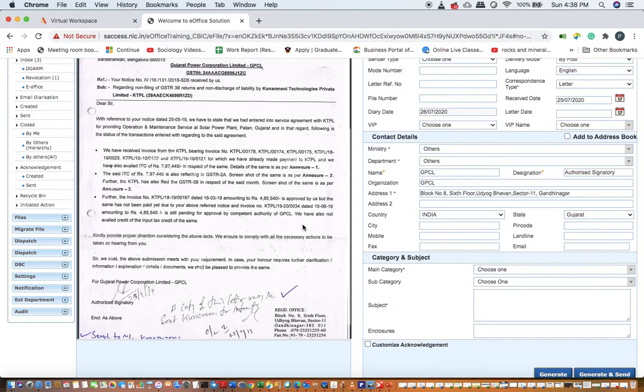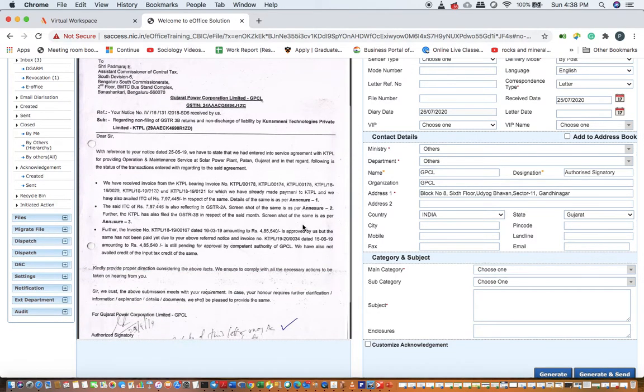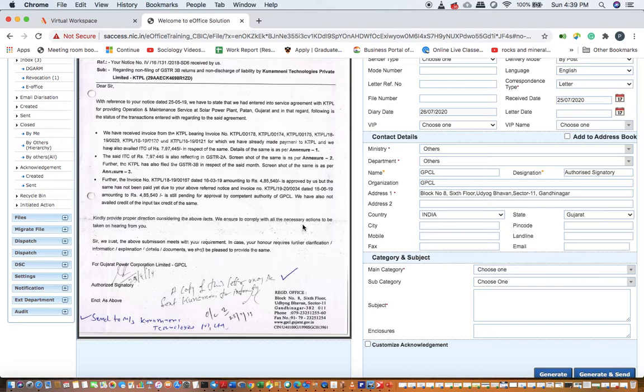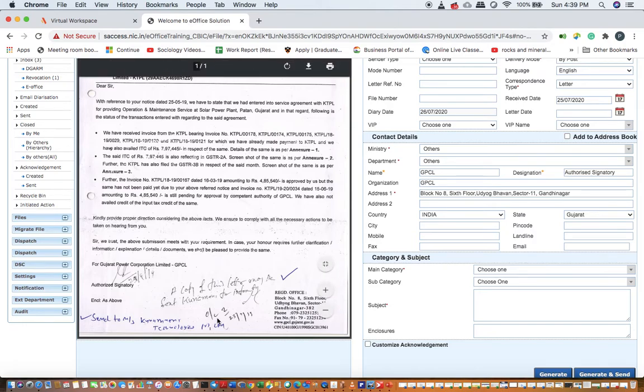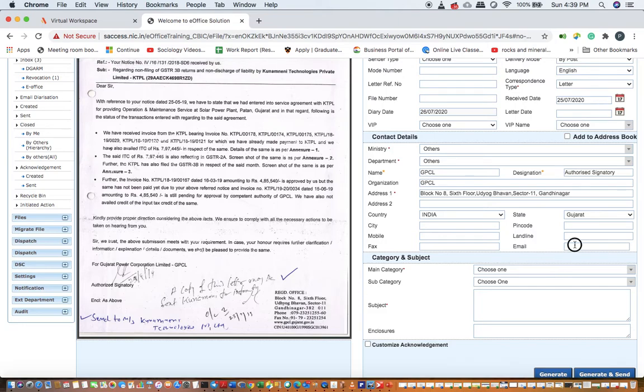And what is the email? So email is not mentioned here, but let's assume the email is this Gmail that is there in the letter. So I am putting that email here so that an acknowledgement will go to that particular email saying that so and so letter is received in our organization from you, and this is the diary number.